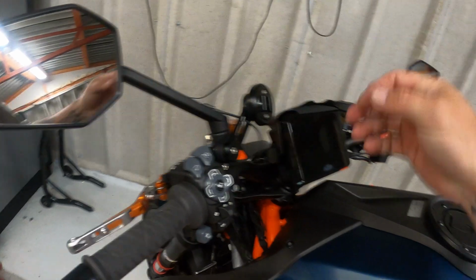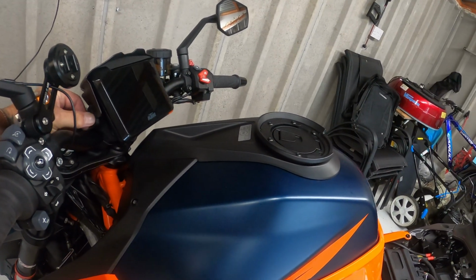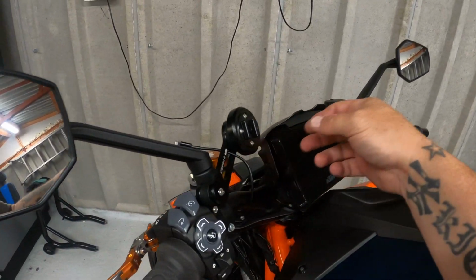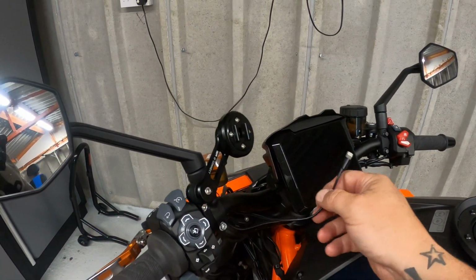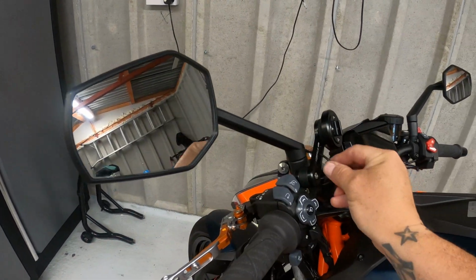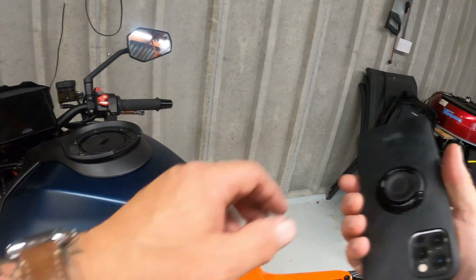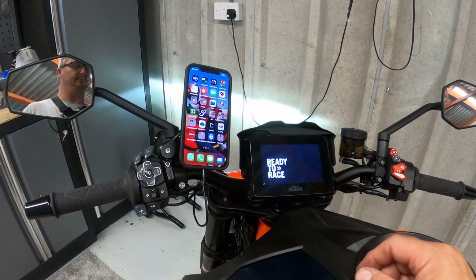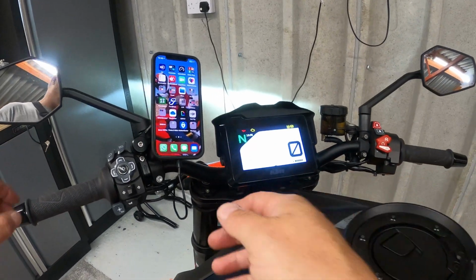So the USB up top is free for whatever else I want to put in there, and this phone one is accessible. And charging, brilliant. So there we have it. The USB is all connected up from the rear to the front. Seemed fairly straightforward. A little bit of a pain in the arse with that bolt underneath, but like I said,